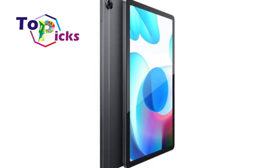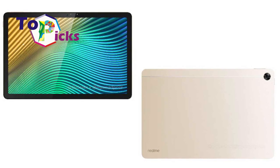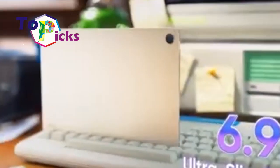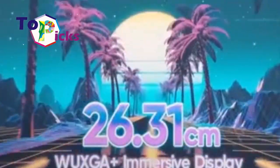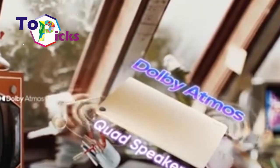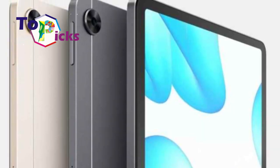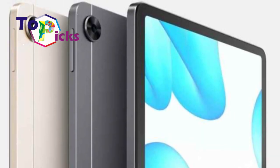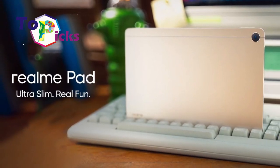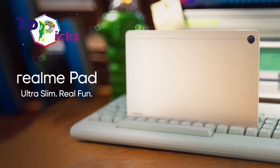Realme is now expanding its products by launching their first tablet device, Realme Pad, in India. The latest Android tablet was launched at an event on Thursday. In the event, we can see that this Realme Pad tablet is packed with a 10.4-inch diagonal LCD panel with WUXGA Plus resolutions. The screen of this smart device also supports brightness levels of up to 360 nits and a screen-to-body